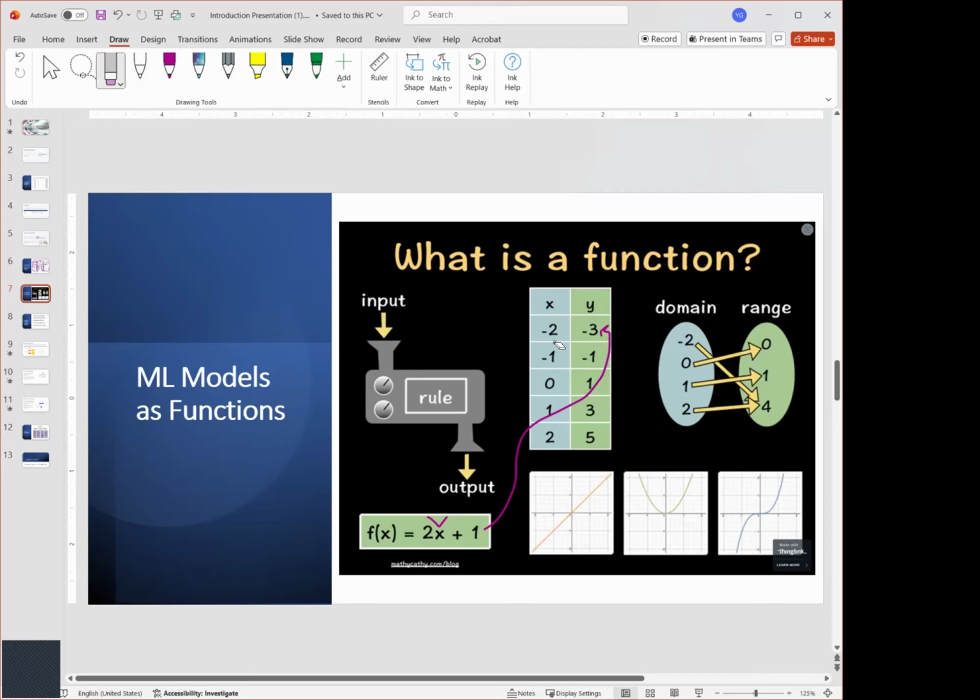If we take this -1 and replace this x with -1 and solve, we get -1. The same for the rest. If we take this 0 and input it here and solve, it gives me 1. And we continue doing that for the rest.